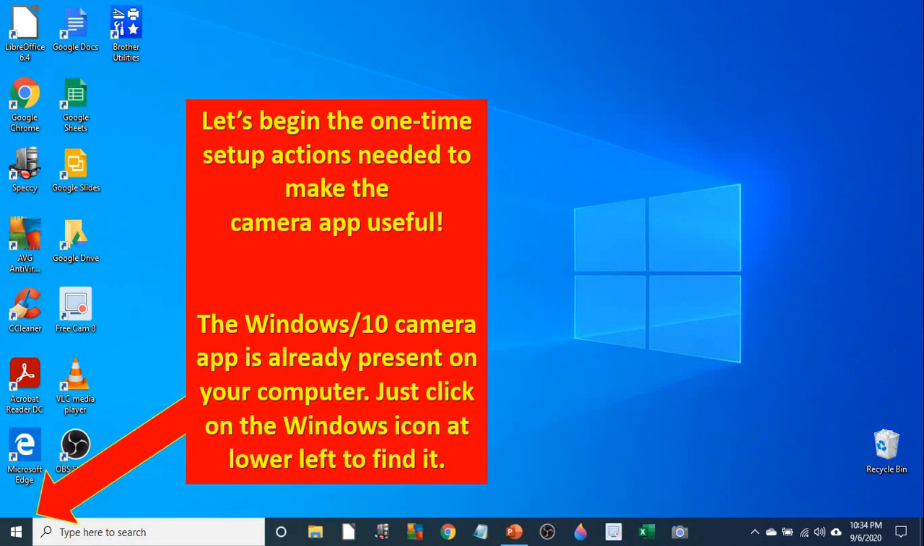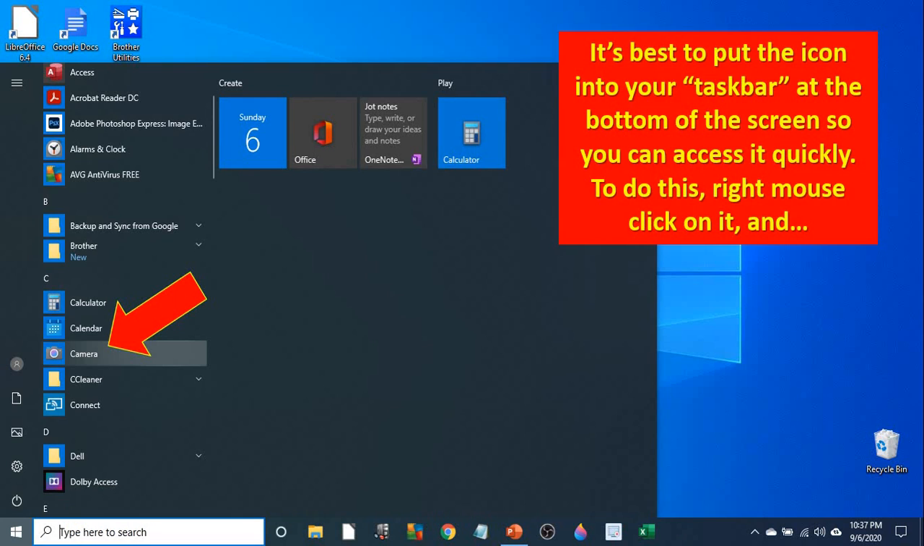The Windows 10 camera app is already present on your computer. Just click on the Windows icon at the lower left to find it. It's best to put the icon into the taskbar at the bottom of the screen so you can access it quickly. And to do this for any app, but here we're talking about the camera, right mouse click on it